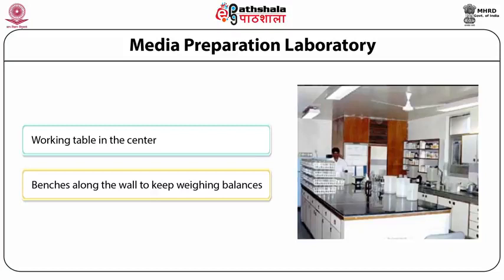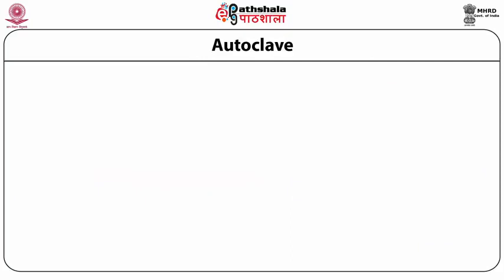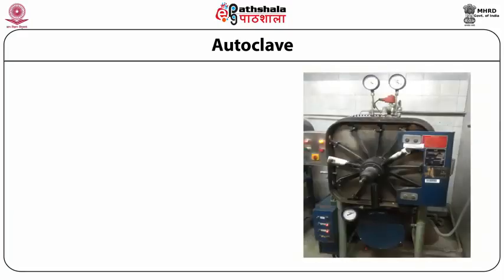Again, depending on how much media is to be poured, if the volumes are very large, some labs go for an automatic media dispenser, and in many laboratories, people find it far simpler to pour it manually. The media which we prepare is rich in sugar and all the inorganic salts. So this media can also promote microbial growth. The first step thus is to sterilize this media, and that is done in an autoclave.